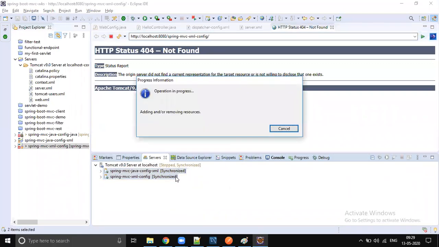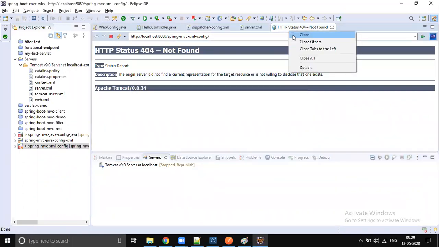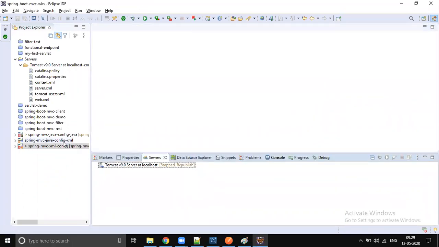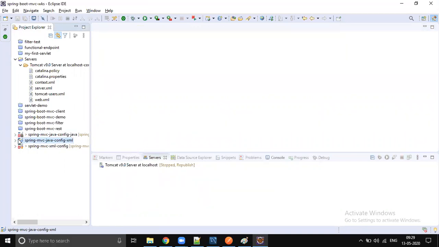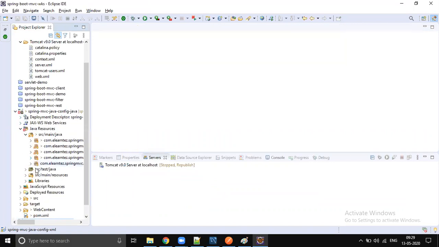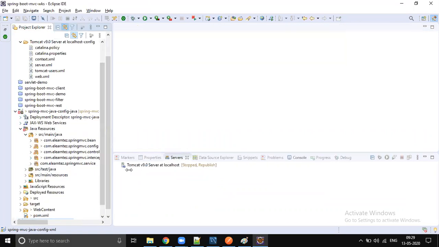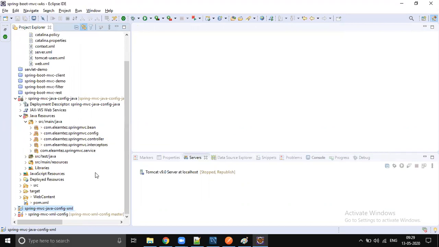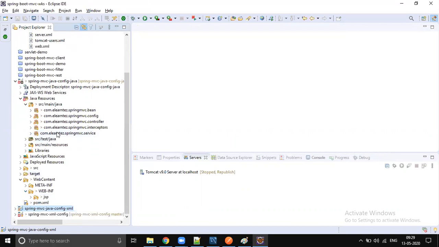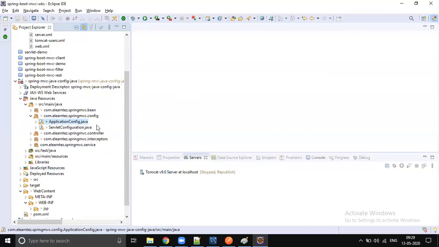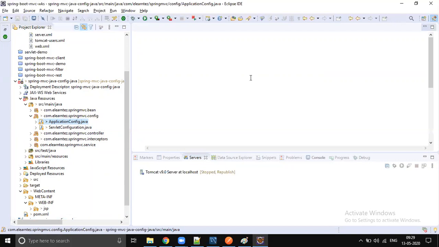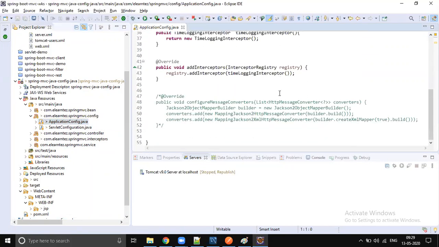Okay. So we saw an example with Java and XML configuration. Now Java and Java configuration, right? So now no XML, it's going to be a pure Java example. See, no web.xml, and no Spring configuration XML either. So the configuration looks something like this, right? This time we're going to use annotation configuration.